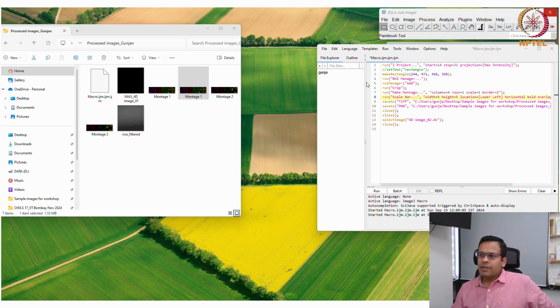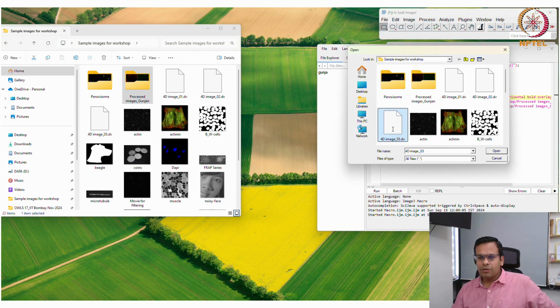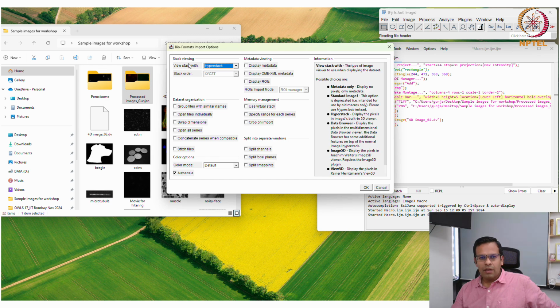Now let us try this macro on the third image, that is 4D image 03. Okay, so I'll open it. File, open 4D image 03. I will open it as a hyperstack XYCZT.